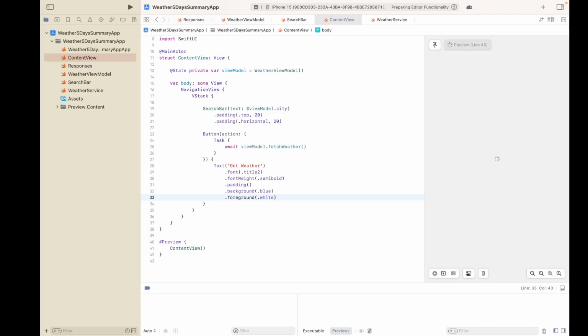That should be foreground color. Corner radius, 12,